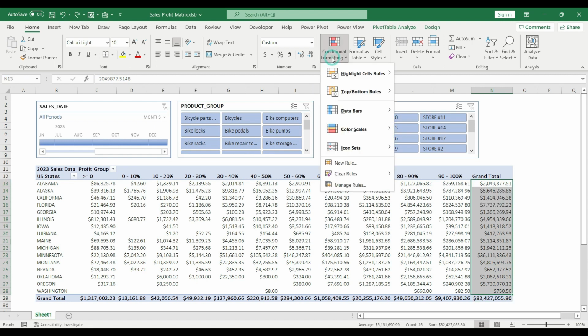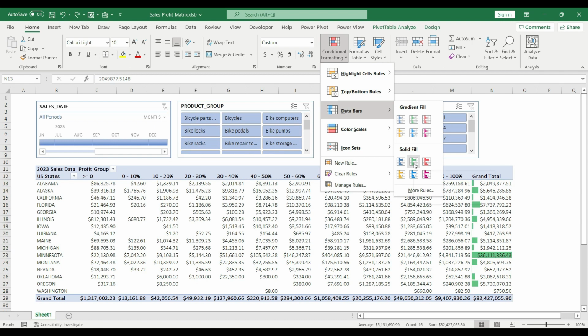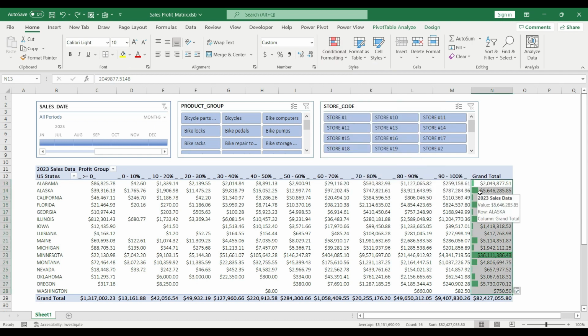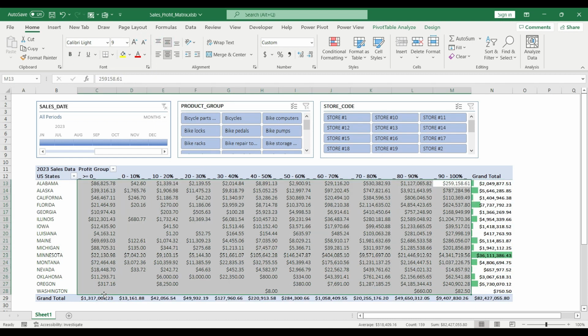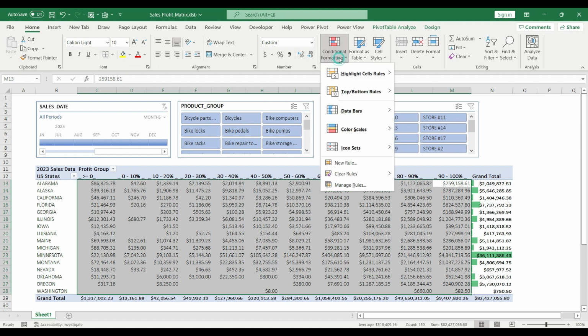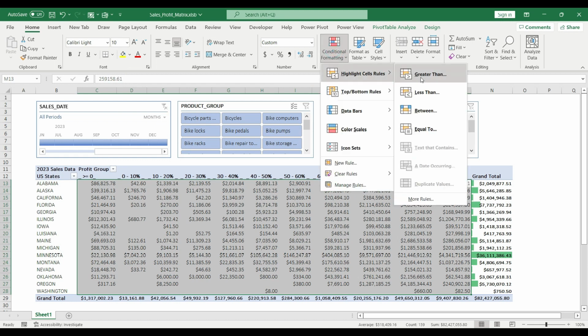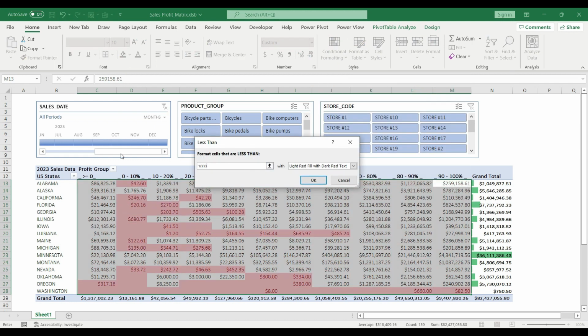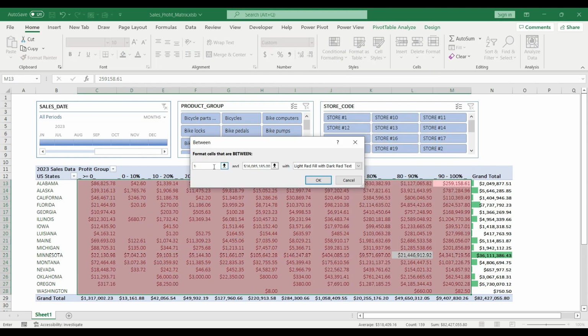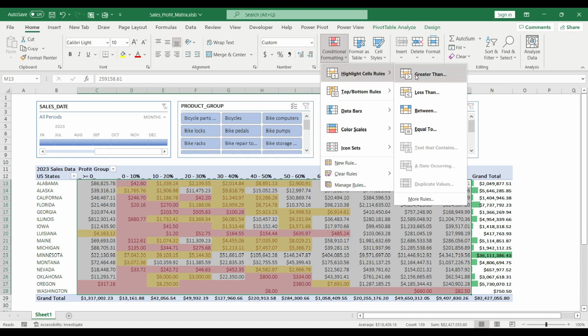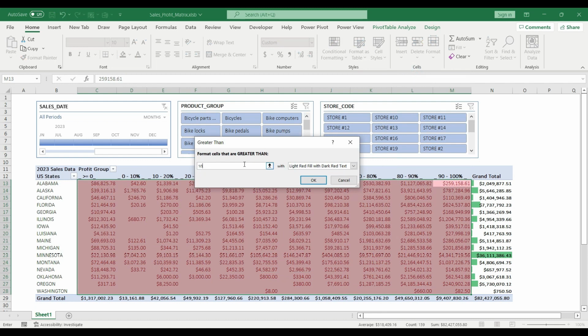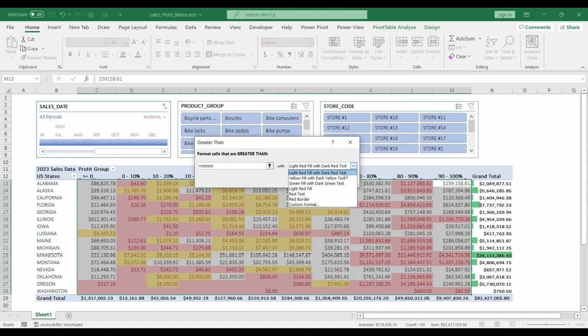I select the grand total columns. Let's say I want solid fill for each value. I'm going to bold the values at the total, set the same size for the group, align them a little bit, and then I want to highlight the different values. So I'm going to set another conditional formatting. Let's say less than 1,000, and I'm going to say between 1,001 and 10,000, and I'm going to use a different color. Let's highlight the really big values like 1 million. Let's say those are going to be the green.